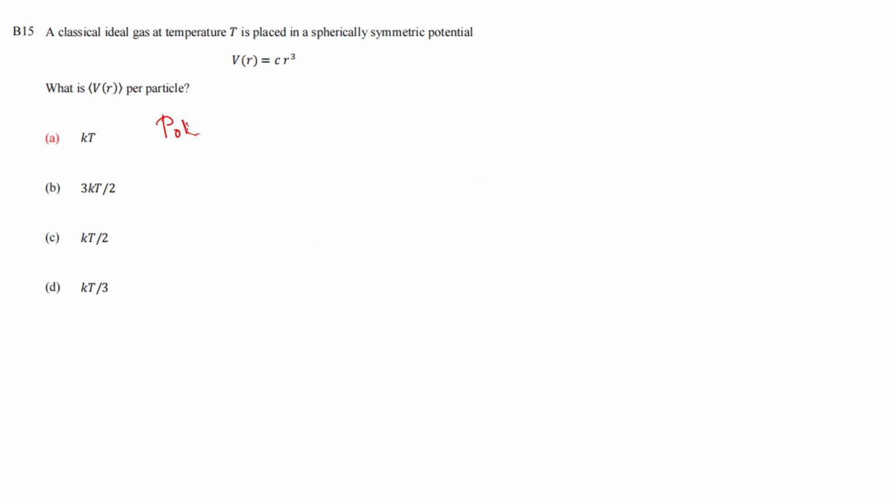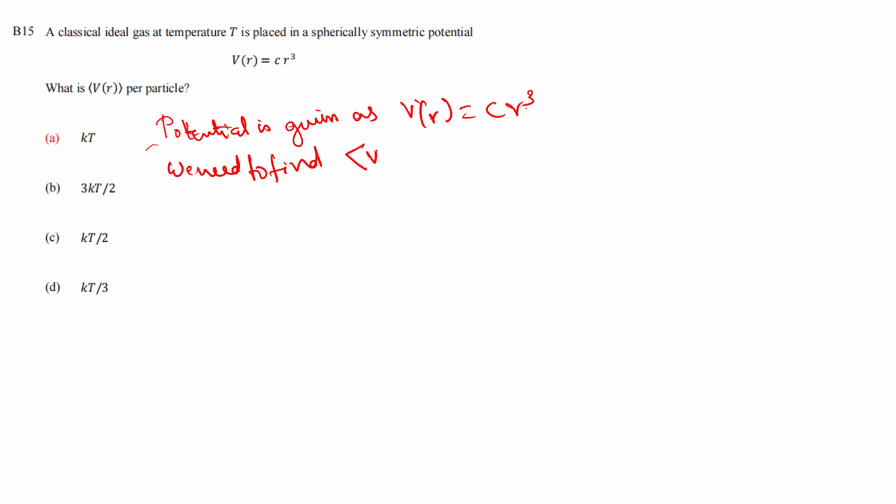The potential is given as V(r) equal to C r cube. We need to find V(r) per